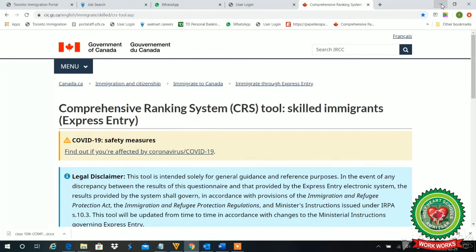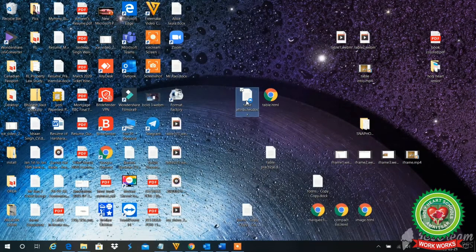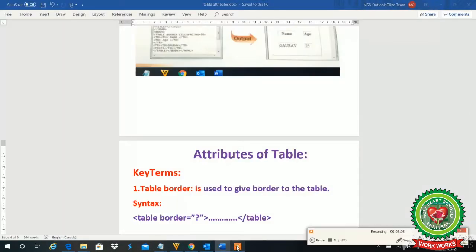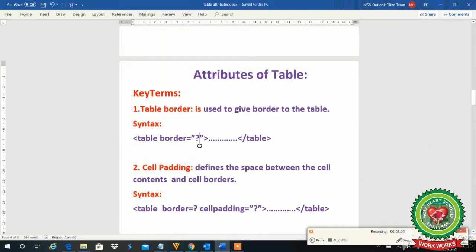And now the next attribute in the table tag we are having, that is cell padding. What is cell padding? Cell padding defines the space between the cell contents and the border. Means whatever data we have written, that is the cell content, and the cell border means the boundaries, or you can say the lines of the table.